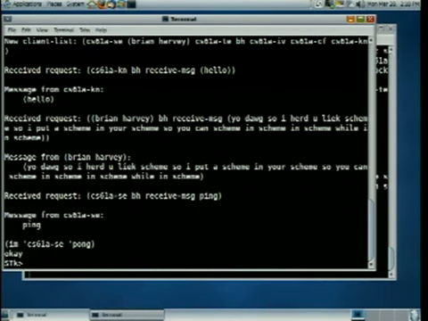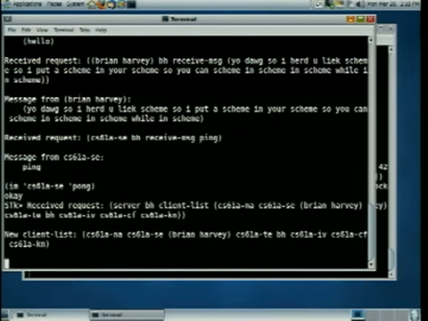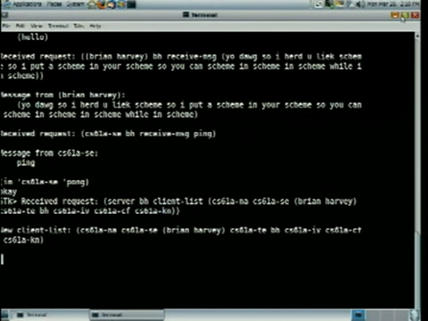OK. So this is the program that we're looking at today as an example of client-server programming. I'm going to just, whoops, not maximize. I didn't mean that.